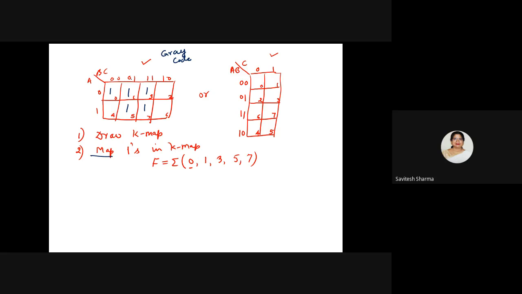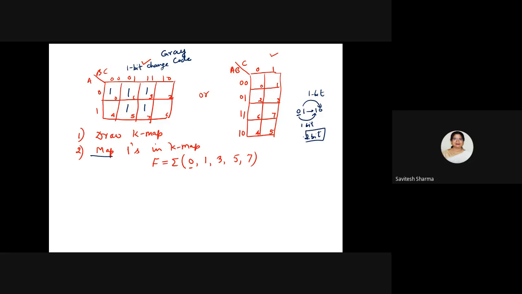So you see, what is the gray code sequence? Why am I writing this? Because if I am switching from one cell to another cell, a 1 bit change should be there. I need a 1 bit change. If I take the sequence 0, 1 and then 1, 0, how many bit changes are there? You need to change 0 to 1, a 1 bit change, and again 1 to 0, a second bit change. So if you want to jump from 0, 1 to 1, 0, you need 2 bit changes.